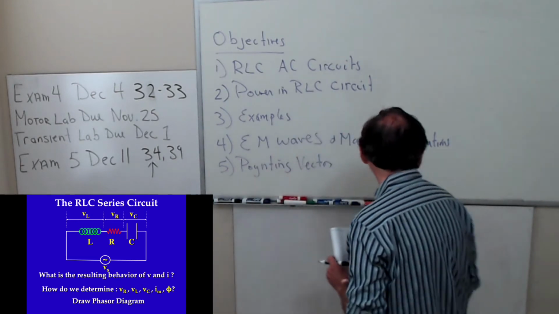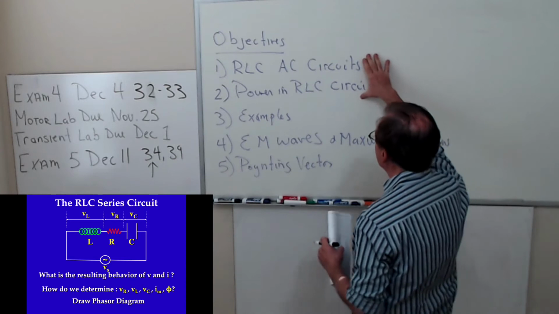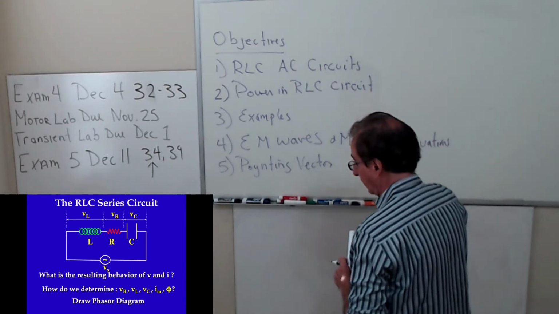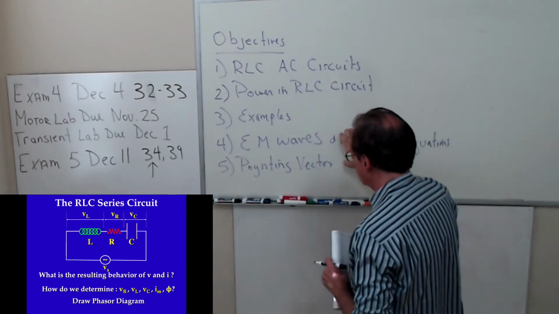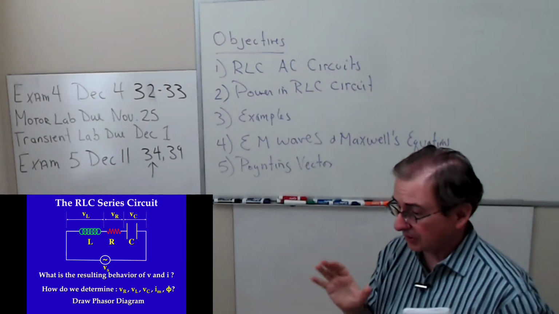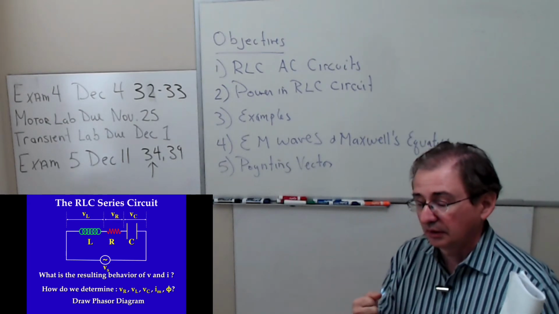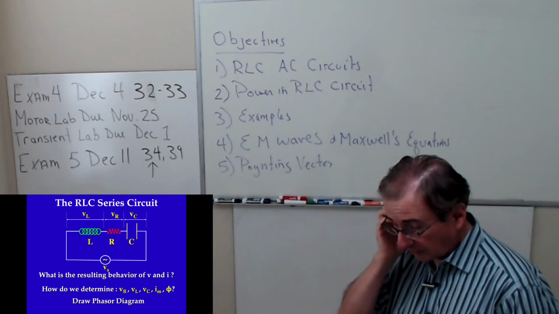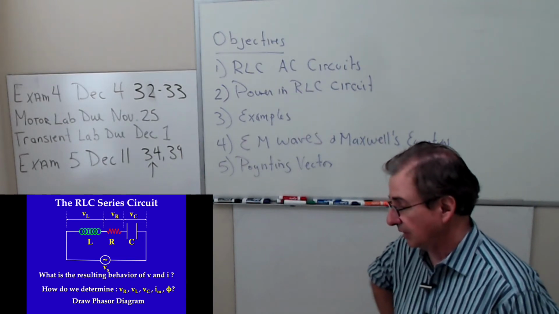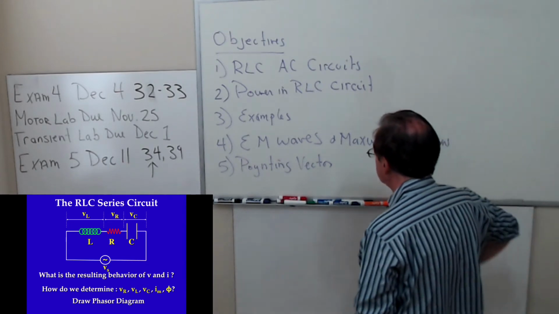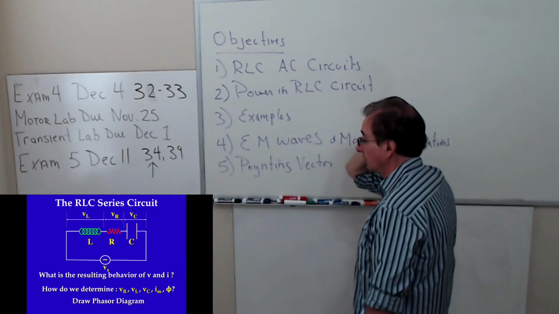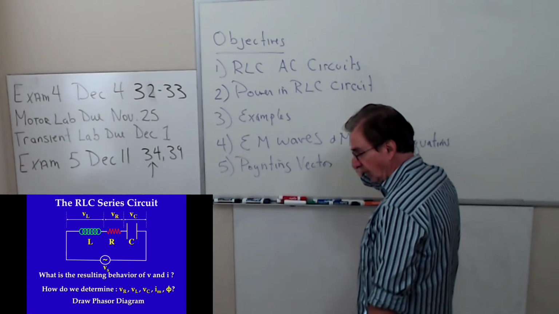So what I want to talk about today is RLC AC circuits, and I want to start on chapter 34 today. So the second half of the lecture will be on chapter 34. The first half I'm going to finish off chapter 33. There is a topic that I'm going to cover called transformers. I'll do that in the lab on Monday. Okay, so I really don't envision finishing up 34 today, and that was my concern regarding exams 4 and 5.